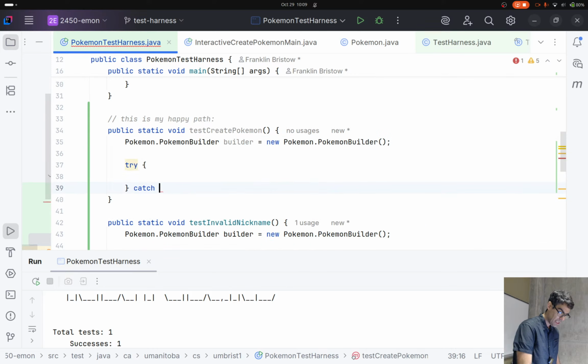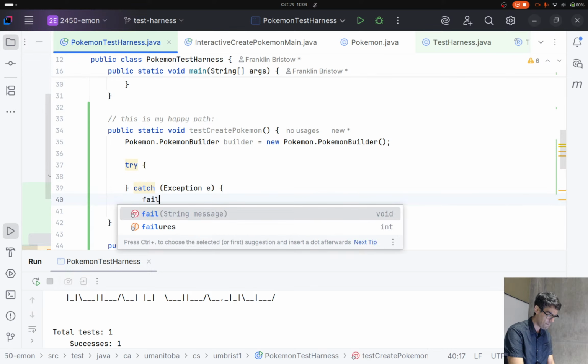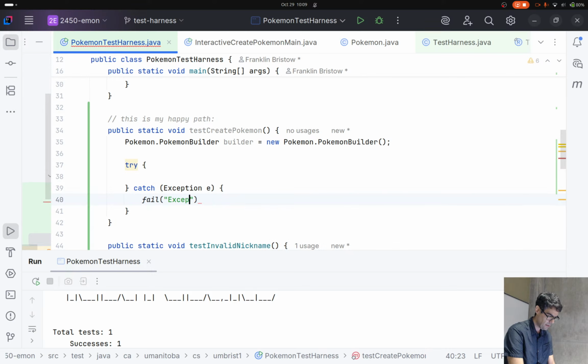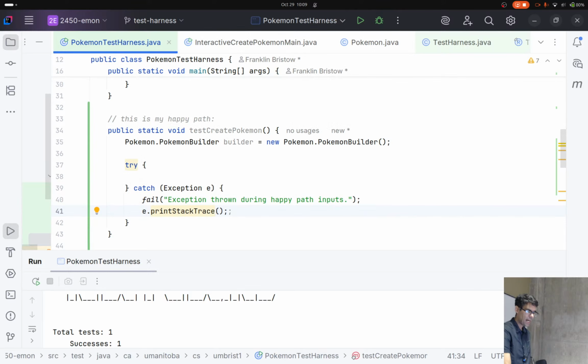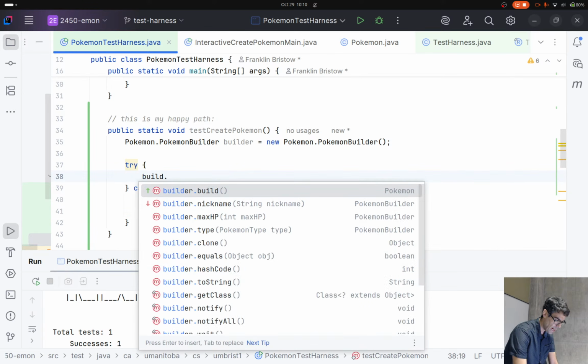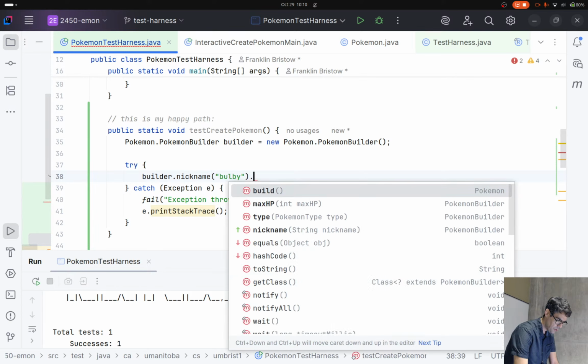I'm going to set exceptions in the happy path. I don't expect there to be any exception in my happy path case. I have failed. I want to print out a stack trace here. Again, I want to know what has caused that thing to fail. Simply saying things like builder dot nickname Bulby dot max HP